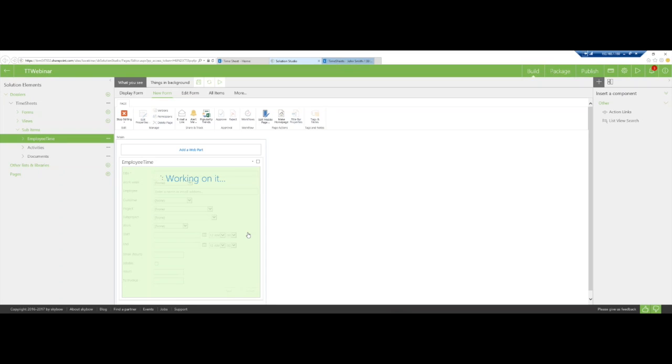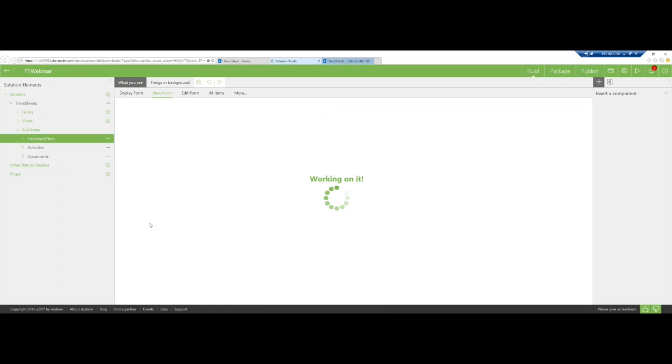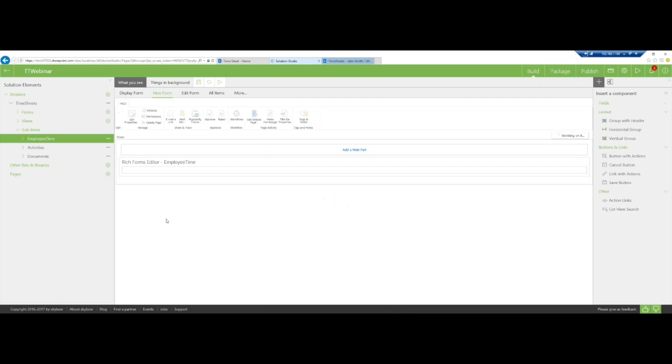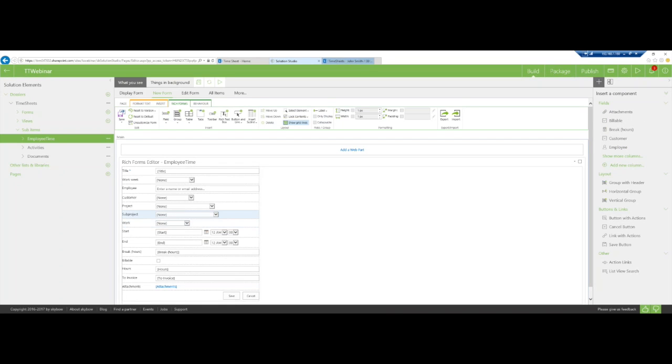And I'm clicking only to unghost the form and to actually start making this form a bit more intelligent. So what I have here is I will have a title, so I will need the user to enter a title. I will have a work week. I will actually want to have the work week passed from the parent ID